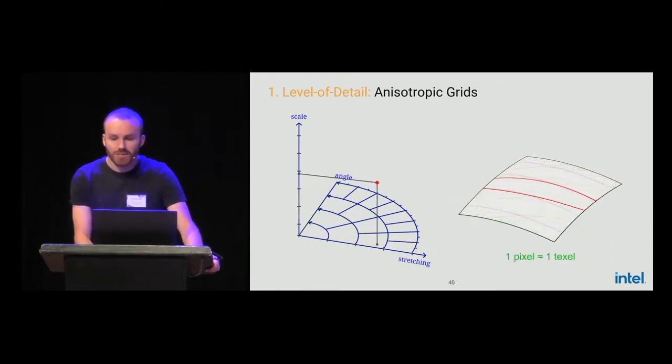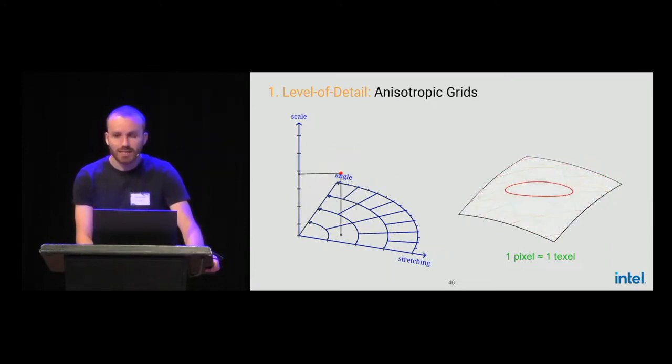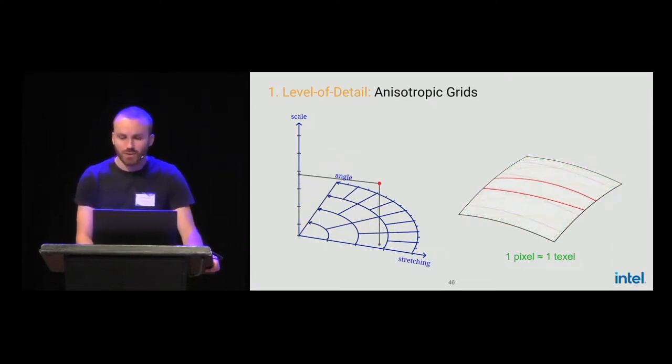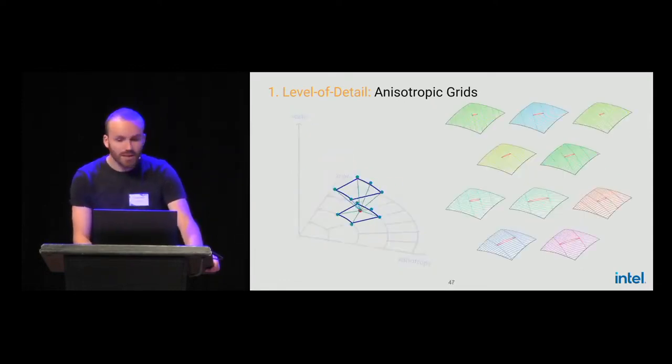Thanks to this, we now have something that behaves exactly how we want. We have a new LOD structure that can adapt to anisotropic pixel footprints, always staying very close to 1 texel equals 1 pixel. But now if we naively implement this new three-dimension LOD blending space, we would